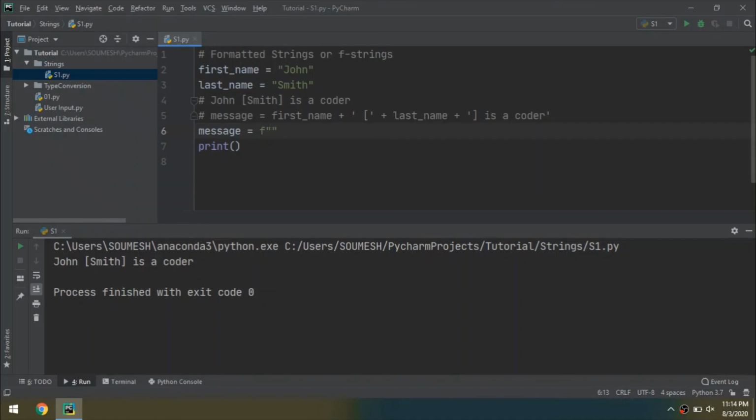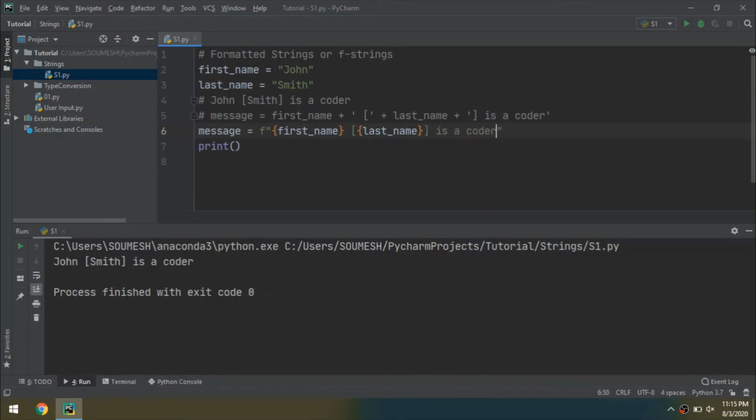So inside double quote we'll be giving open and closing curly braces, and then we'll be writing the first name. Fine, and we'll be giving square braces, and over here we'll be giving last name